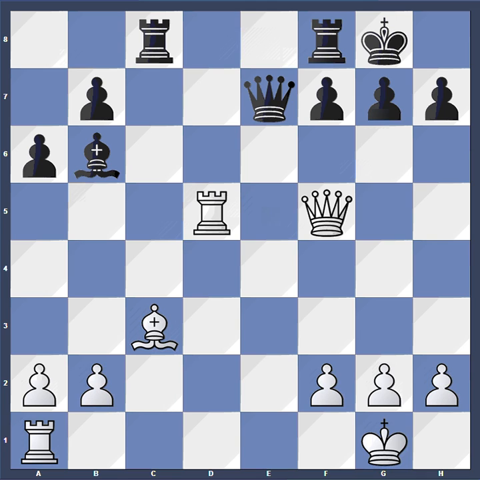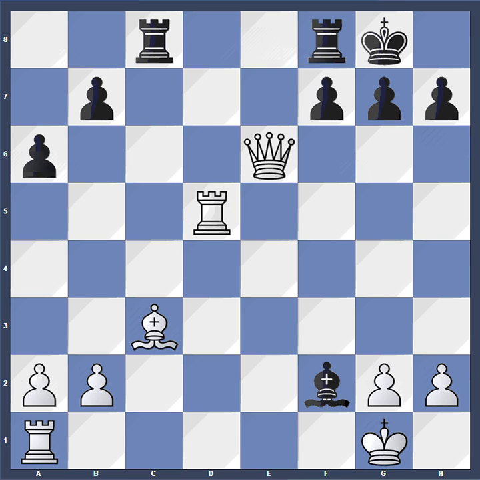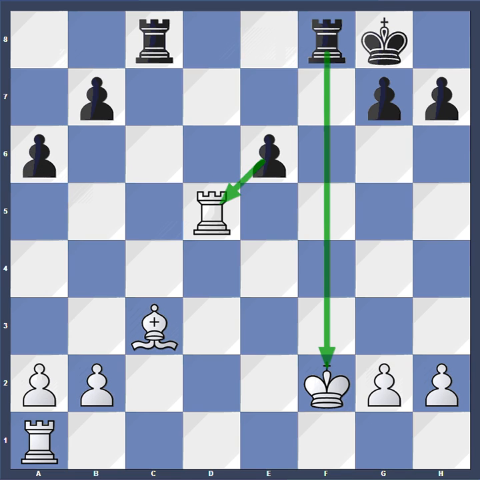Queen f5 from Gelfand, and now Anand offers a queen exchange. He plays queen e6, and now an interesting question is actually if Gelfand can take on e6 or not, because if queen takes e6, then there's a little tactic here. Bishop takes f2, and if king takes f2, then f takes e6 with check and attack on the rook is winning for black,